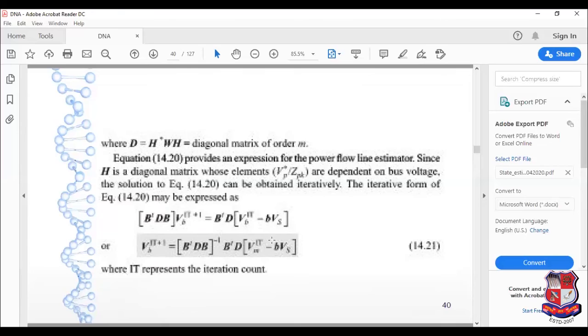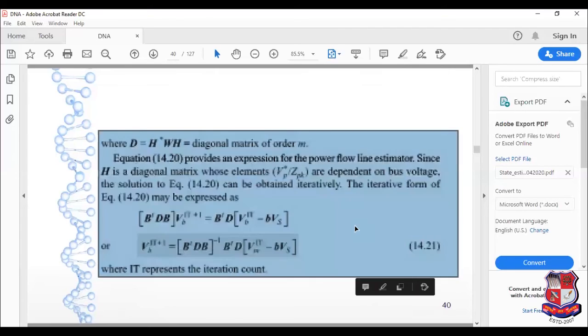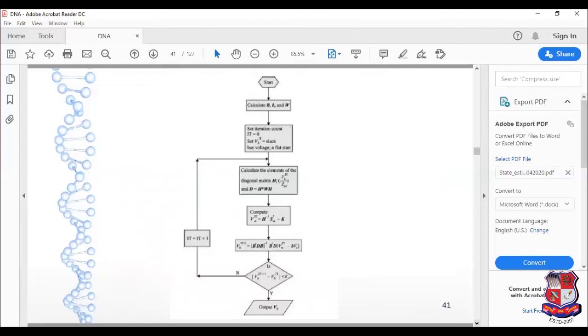The rest of the components, small b and the slack bus voltage, all remain constant. Secondly, the value of H will also remain constant. So after getting the result for the first iteration, you will find the values of the others very easily. Only the first iteration needs to be found, and then most of the constants will remain as they are. Only the updated value of the bus voltage you have to take care of.